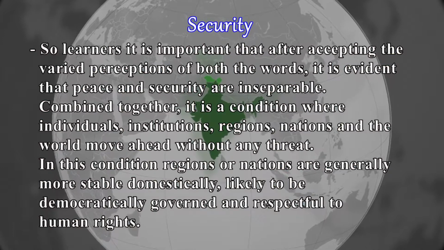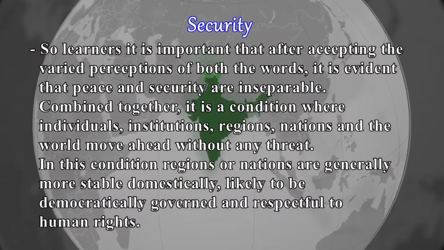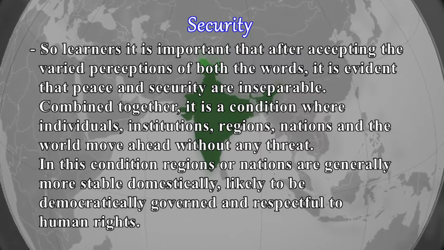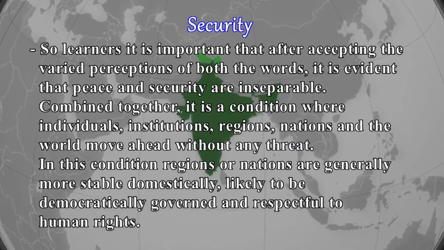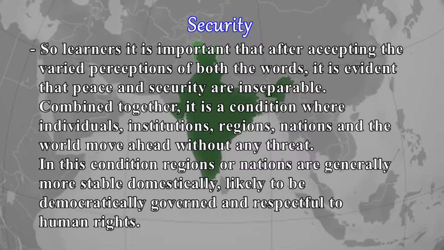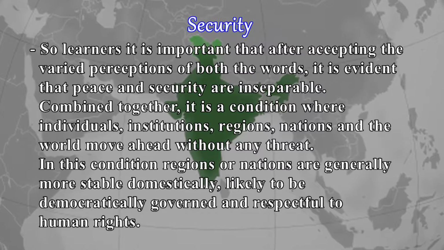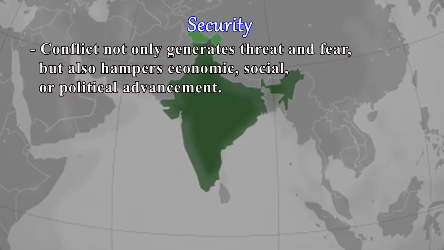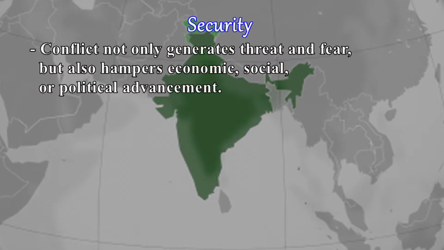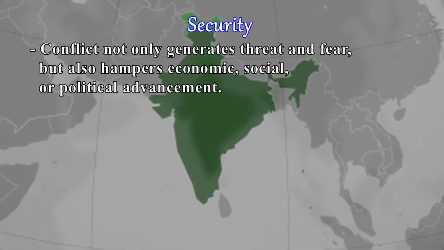and security are inseparable. Combined together, it is a condition where individuals, institutions, regions, nations and the world move ahead without any threat. And in this condition, regions or nations are generally more governed and respectful to human rights. Conflict not only generates threat and fear, but also hampers economic, social or political advancement. So, when we talk about peace and security, we mostly relate it to its traditional notion that has been focused